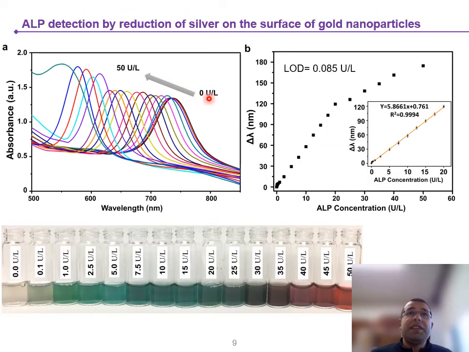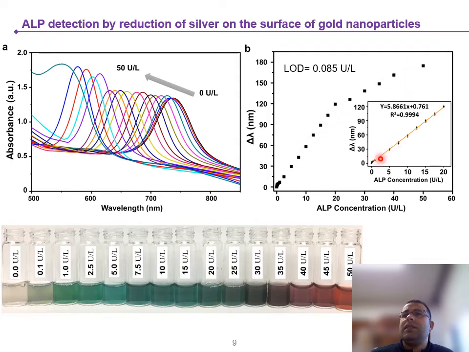This is the UV spectra for detection of ALB. We increased the concentration of ALB from 0 unit per liter until it reached 50 unit per liter, and there is a shift in wavelengths from 740 until it reaches 560. This is a 180 nanometer shift. So here we draw the shift in wavelengths against the concentration of ALB, and this is a plot for it,